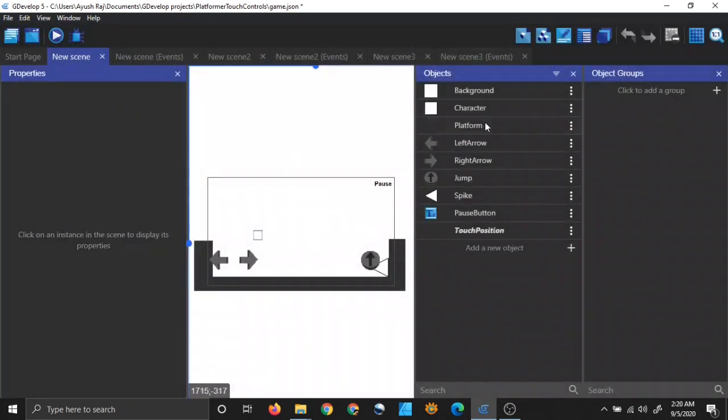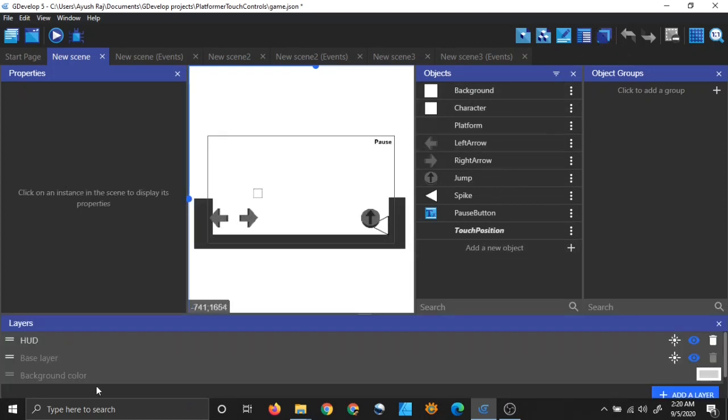Now before coming to the objects, let me show you my layers. I have two layers instead of one. So go to layer editor, and you can see here I have a HUD layer which I have made myself, and this is the base layer. At the very bottom you can see the background color layer, but that is an inactive layer, you can ignore that one. We basically have two layers with which we can interact. So HUD and base layer, right? I will tell you which objects are in HUD and which objects are in base layer, so don't worry about that.